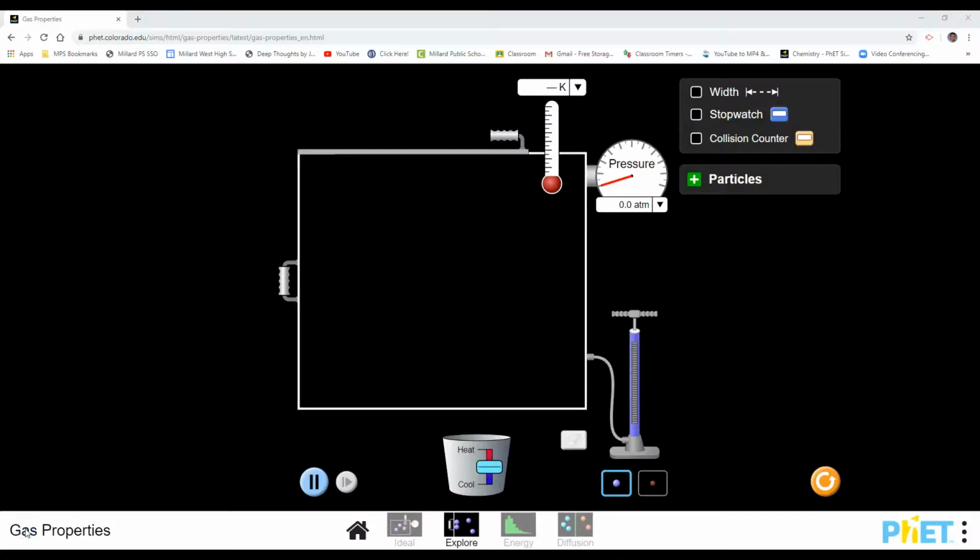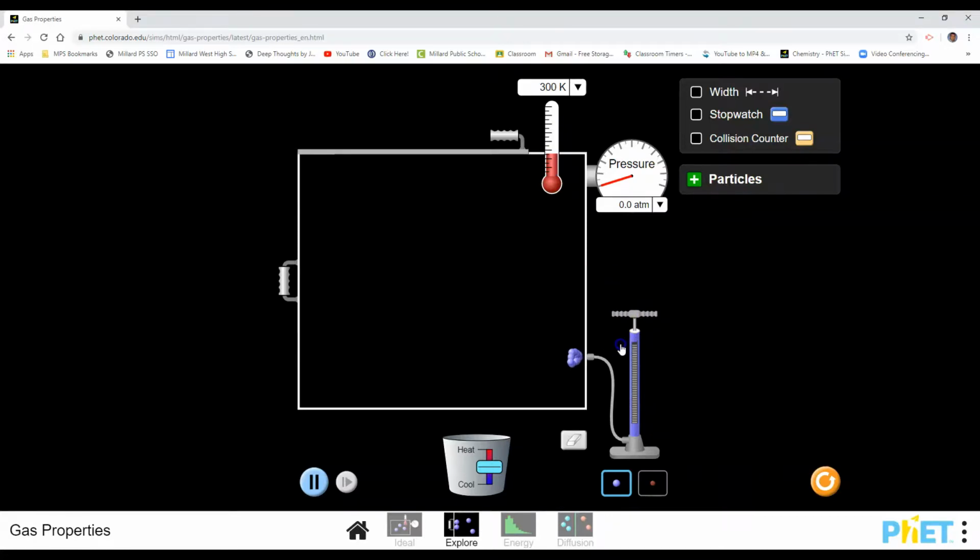All right, so this is a little PhET simulation dealing with gas laws. And so what you'll notice here is I have a container that is a vacuum. It has no particles in here. Okay, it is void of matter. And so what you notice right off the bat, no particles. Notice there is no pressure because there's nothing pushing on the container walls. Likewise, there's no temperature because there isn't anything moving around. So what we're going to do is we're going to add some particles to it, and we're going to see how we can kind of change some of these things.